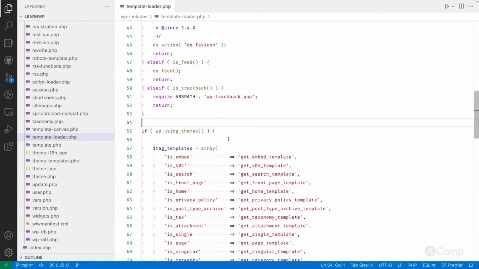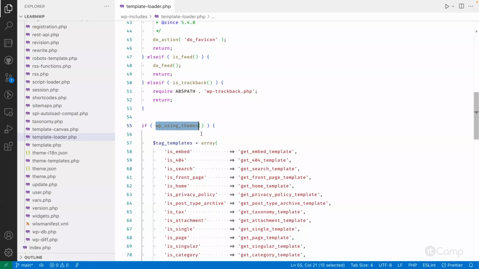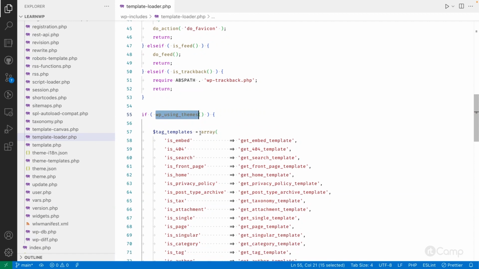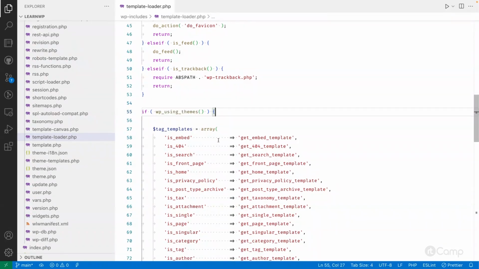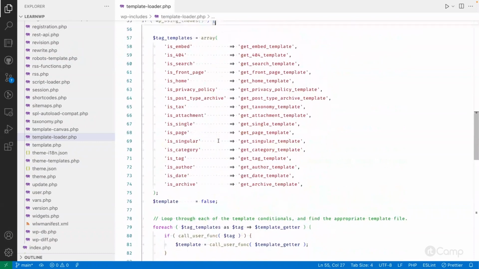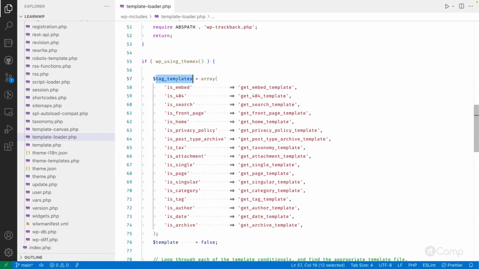If it's not, then it will again check WP_USE_THEMES, because only if we have to use WordPress themes will we load the templates, else not. So this entire if block has been covered here. In this if block, you can see the tag templates array, where you can see these conditional tags: is_embed, is_404. These are functions. Based on these conditional tags, WordPress has defined these functions: get_embed_template, get_404_template. For is_page, there is get_page_template. If it's single, then get_single_template. If it's singular, then get_singular_template. If it's a category, then